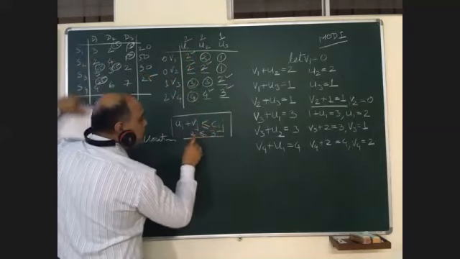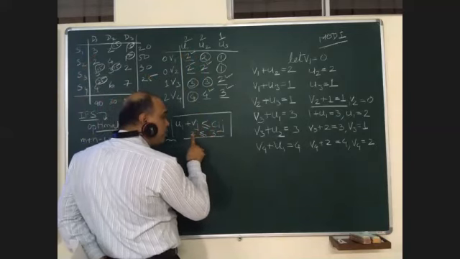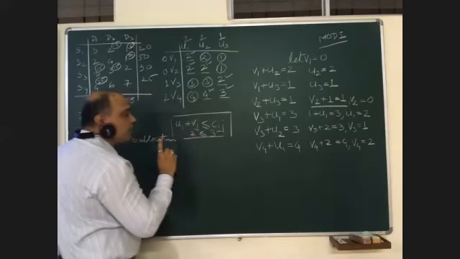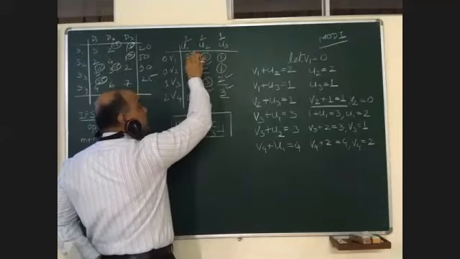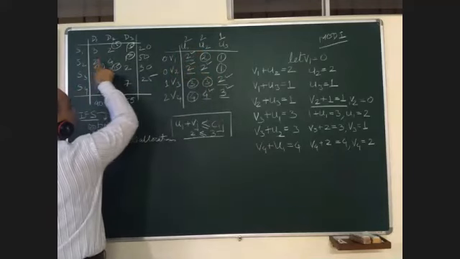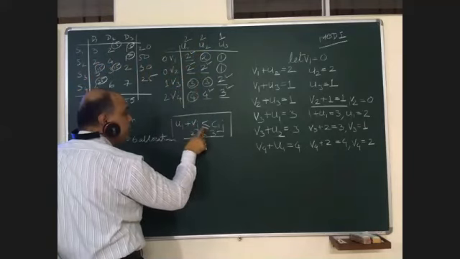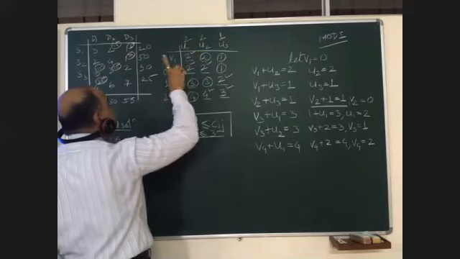It is 3. So is 2 less than or equal to 3? Is 2 less than 3? What will be your answer? Yes. It means at this place the condition is satisfied. At this place it is 2, and this is 2. Equal will do, because they have given equal also. So equal will also do. It means the condition is satisfied.